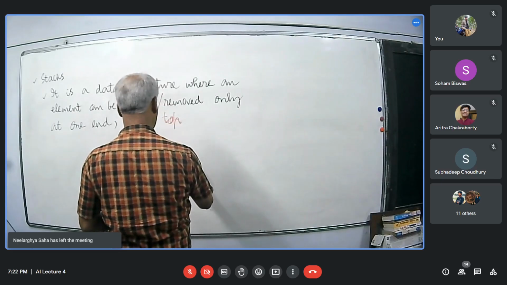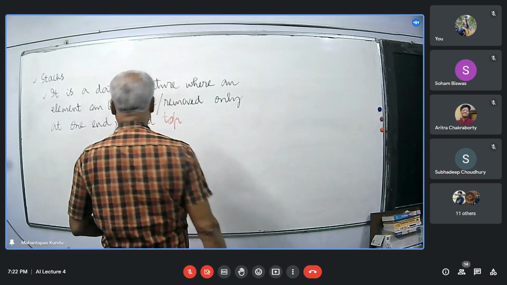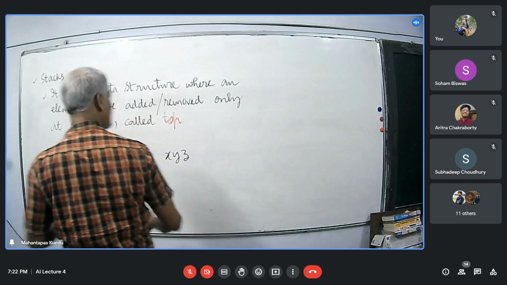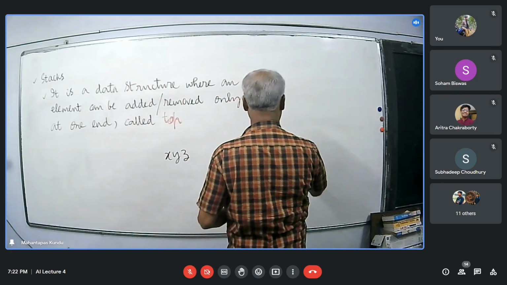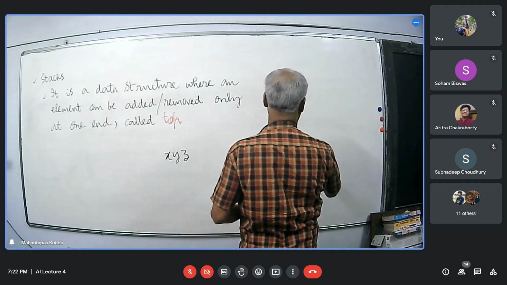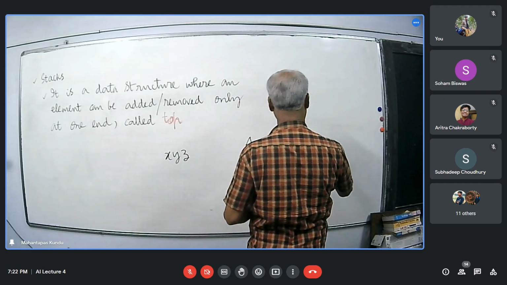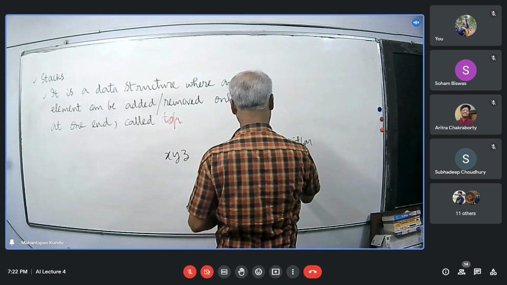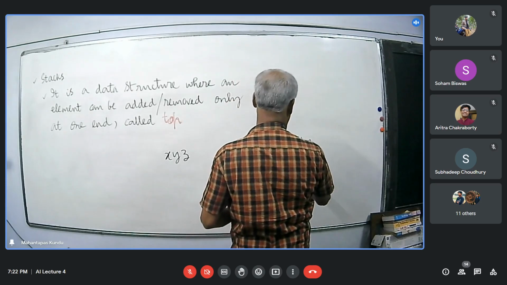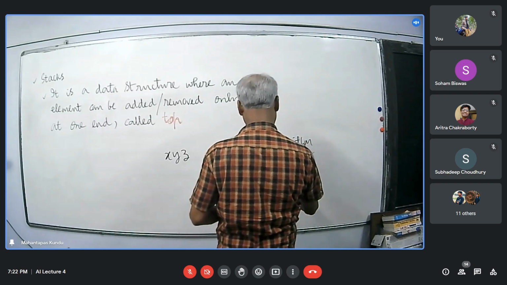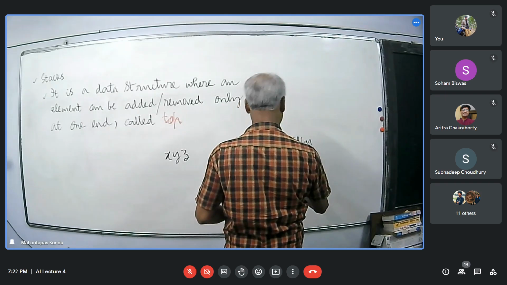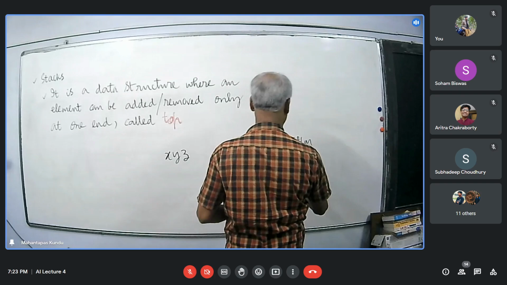Where it is necessary, say there is a string X, Y, Z, and we want, let us have an algorithm for reversing a string. String of what?